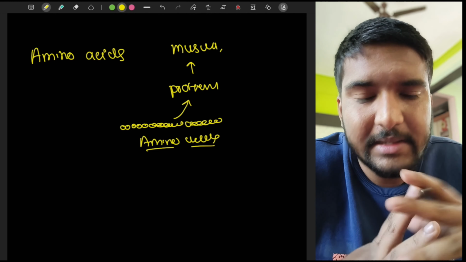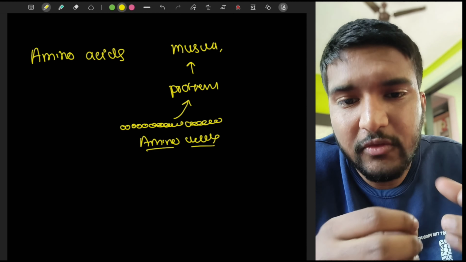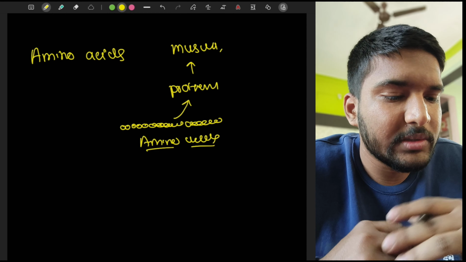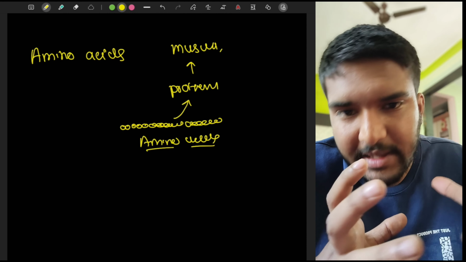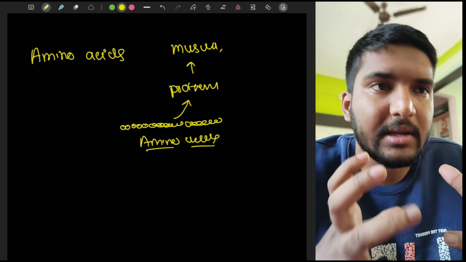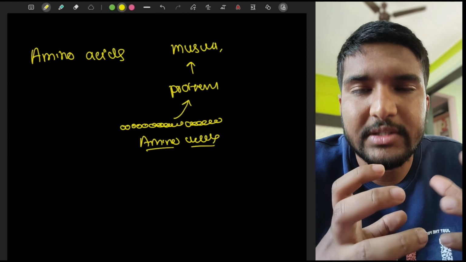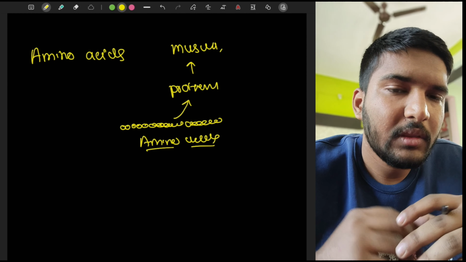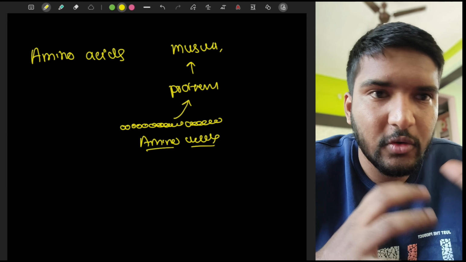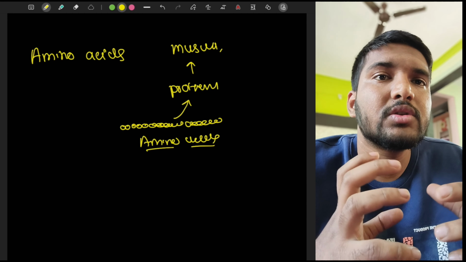Also, the same goes with plants. Cells of plants are made out of proteins. So this is why studying nitrogen as a gas or as a compound in our nature is very essential, and nitrogen is essential for our development. So that's why understanding how nitrogen flows is very important.